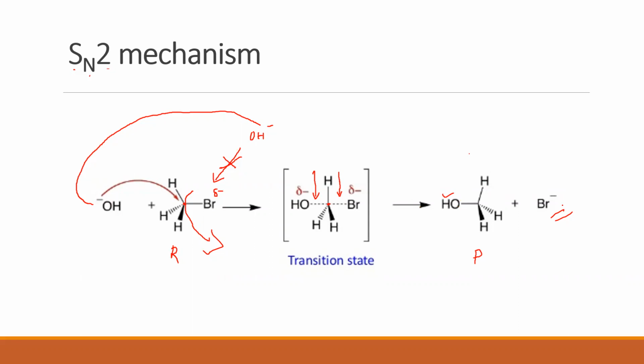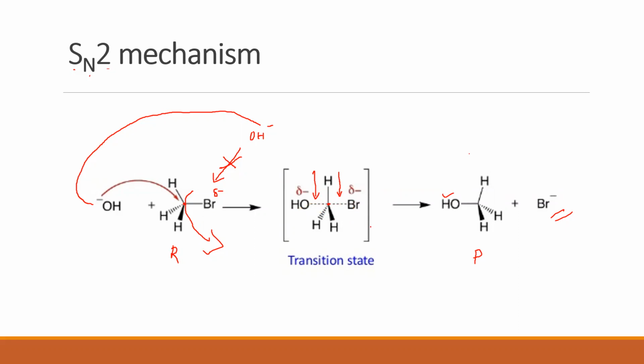So let's understand one more concept here. Now, we said in the transition state, there is a fight. Now, there is a fight between whom? Yes, there is a fight between Br minus and OH minus. Why are they fighting? They are fighting to form a bond with carbon. Br is saying, no, no, no, I was bonded with carbon, I will not break this bond. OH is saying, no, no, no, I just came and formed a bond with carbon, I've given electrons, I want to form a bond.